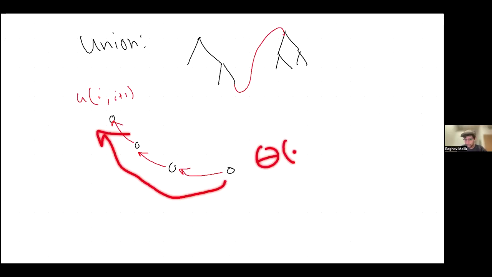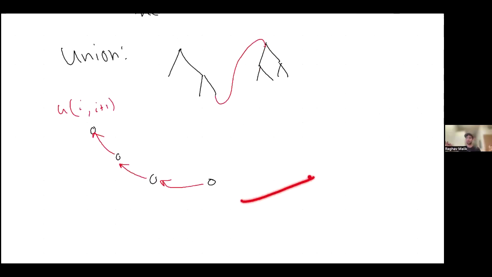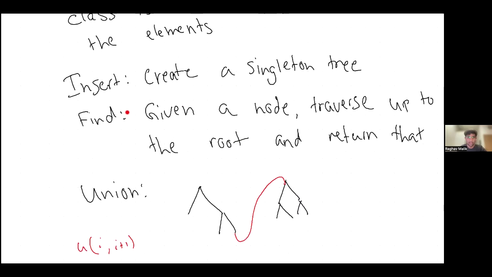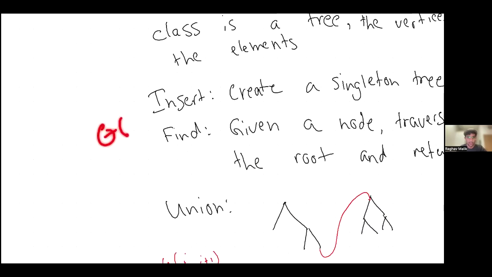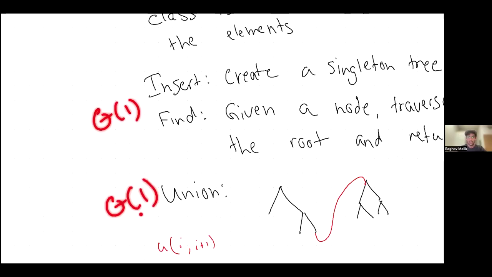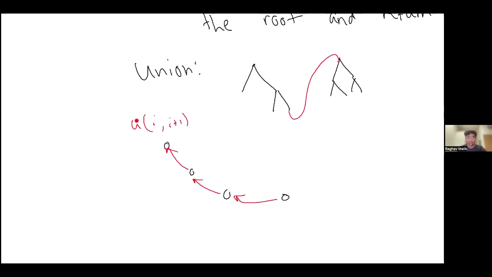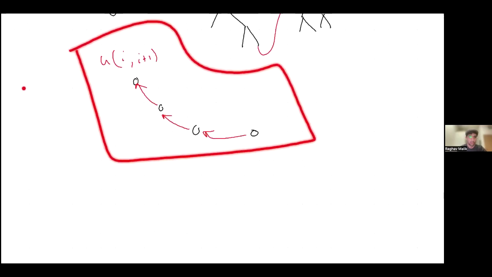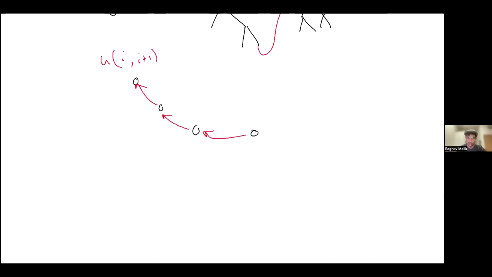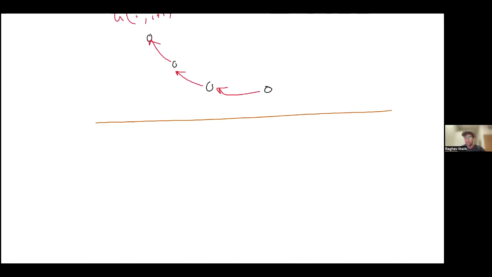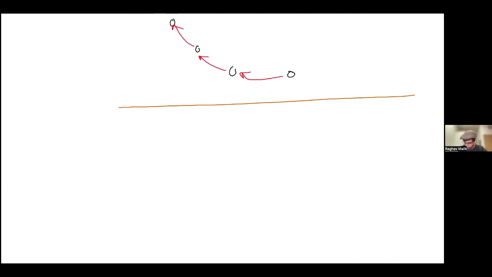Which is bad. If I was going to do something theta of n, I would just run depth first search and detect my cycles that way, right? So the point of union find is we want something that looks like roughly constant time here and here. So clearly this by itself isn't it. So there's two optimizations that we can apply on top of this. And again, I'm not going to try to motivate these in any further detail than they help improve the time complexity. But one of them is, so when we union,